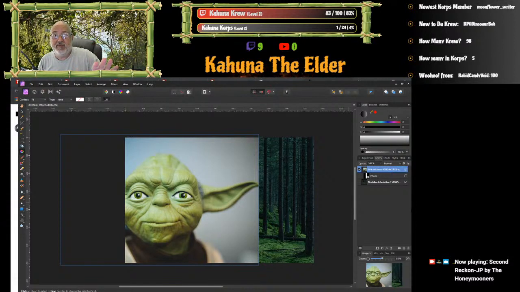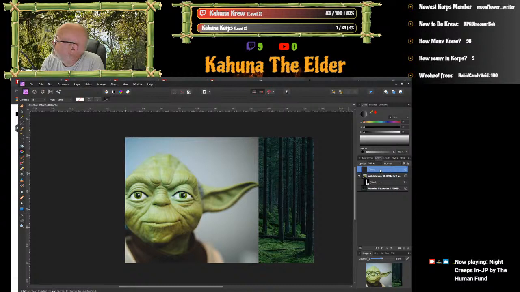Does that make sense? So you've got an image, you've got a part of the image here with Yoda. On the left-hand side, I want to see his face, and then as we go this way, we're going to fade out to the background image. So the way we do that is with a mask. Now, let me add this mask in. The easiest way to add a mask is I add a pixel layer. It's just like that. It's a pixel. And I drop it in between the two.